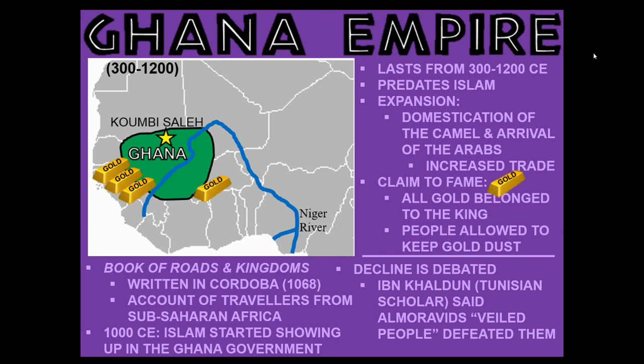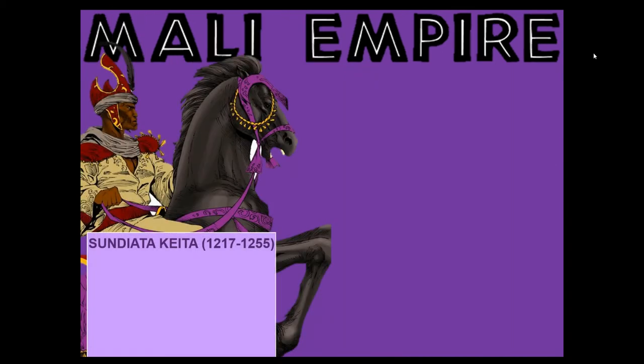The decline of Ghana is pretty debated. There is a Tunisian scholar named Ibn Khaldun. He said the Almoravids, who were Islamic people in North Africa, a little bit further north, whom he described as the veiled people, defeated them. So there's maybe influence that there was a war between the Kingdom of Ghana and those Islamic new rulers and new states that became around them. But by the end of it, Ghana did become pretty much fully Islamic, and it becomes absorbed by the next empire that we're going to look at, which is Mali. So Mali right here,